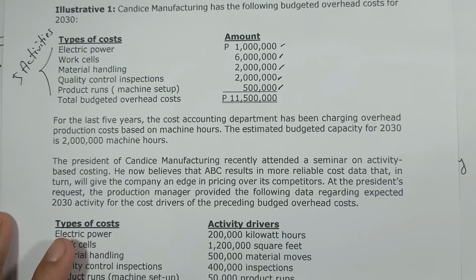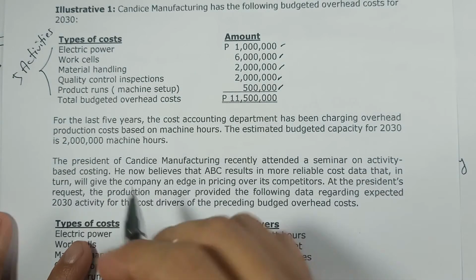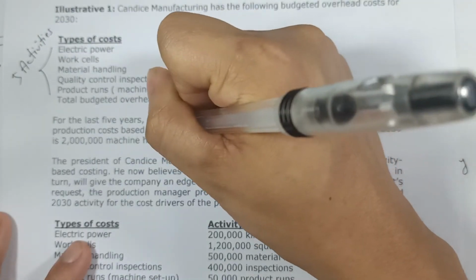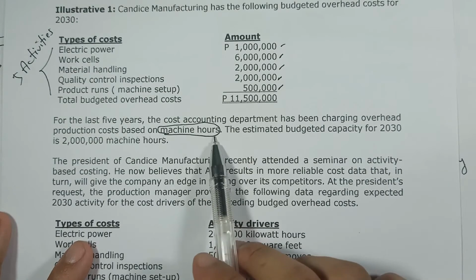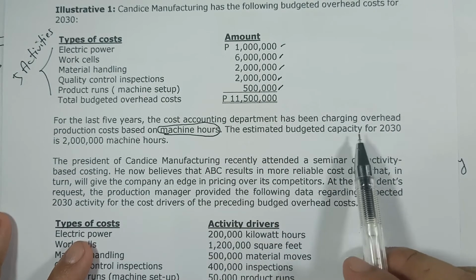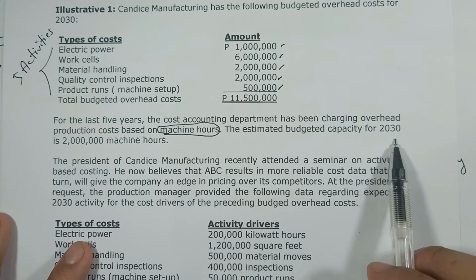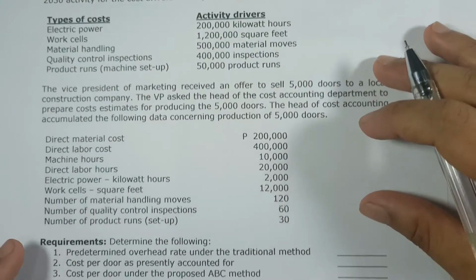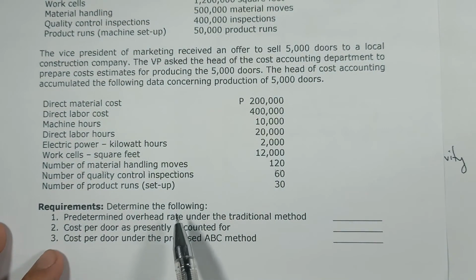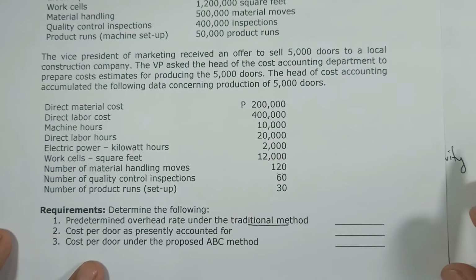Next, for the past 5 years, the cost accounting department has been charging overhead production cost based on machine hours. Ibig sabihin, under the traditional costing, the single activity driver is the machine hours. The estimated budgeted capacity for 2030 is equal to 2 million machine hours. Ibig ngayon sabihin dito, if requirement number 1 is to determine the predetermined overhead rate under the traditional method, our